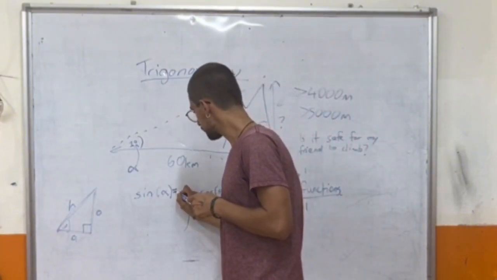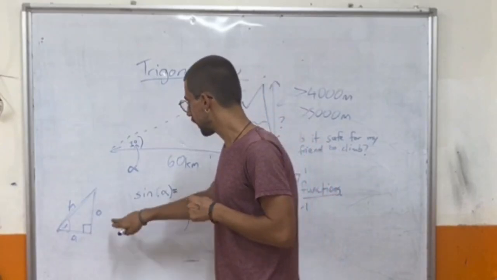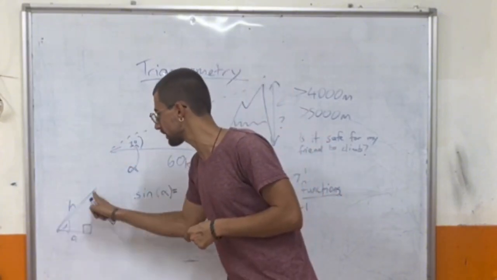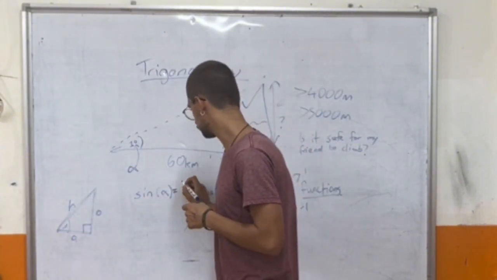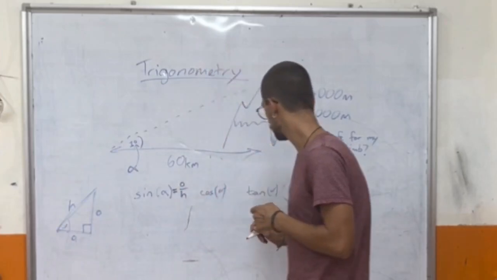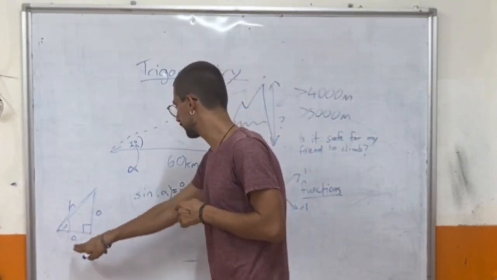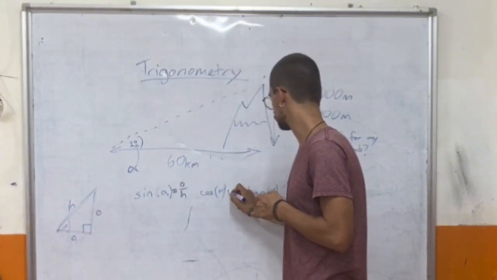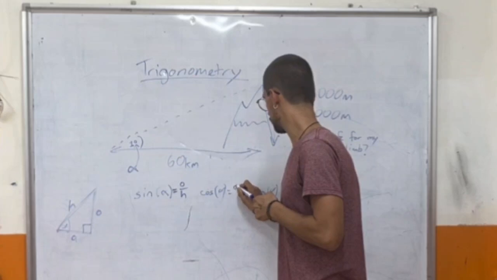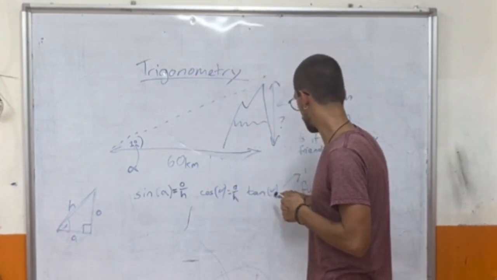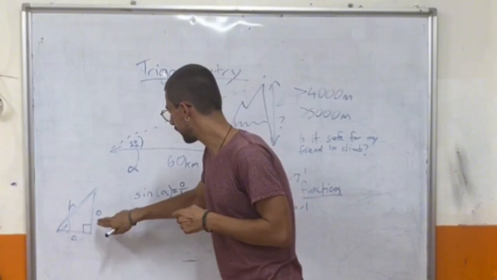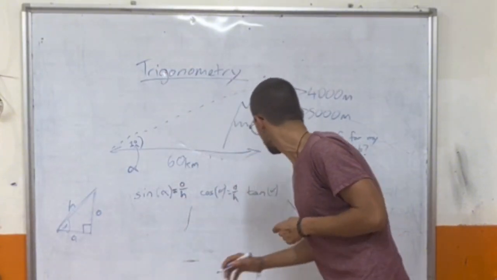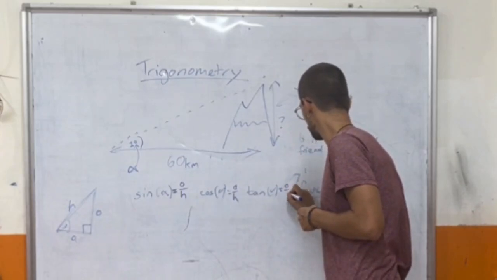So sine is going to be the ratio of O to H, okay? So we take this side and we divide it by the longer side, which is H. So O over H. Cosine is going to be A over H, so we take the adjacent side and we divide it by H. A over H. And finally, tan is going to be O over A, so we take the opposite side and divide it by the adjacent side, and we get this ratio, O over A. Okay, so